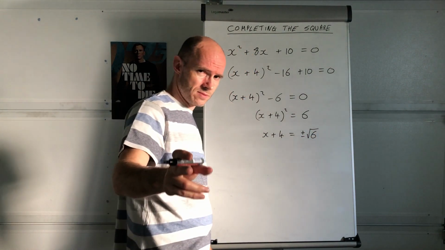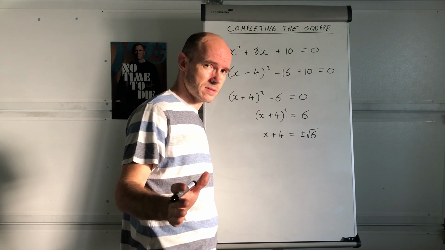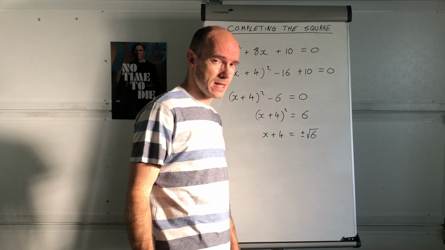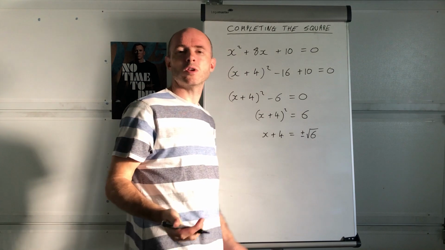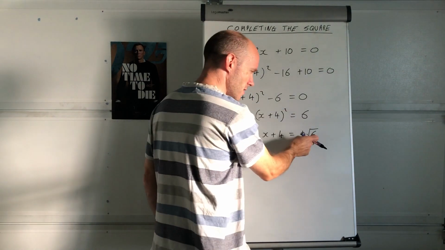Do not write down the decimal equivalent, okay. Do not do that, okay, because we're not in GCSE maths anymore, okay. We're in A-level maths. We want the exact answers, okay. And the exact answer of root 6 is root 6. We did a whole unit on surds in chapter 1, okay, so hopefully you appreciate the reasoning for keeping that